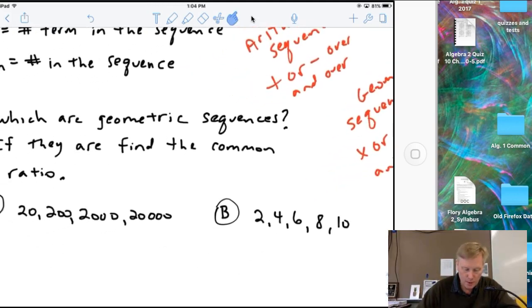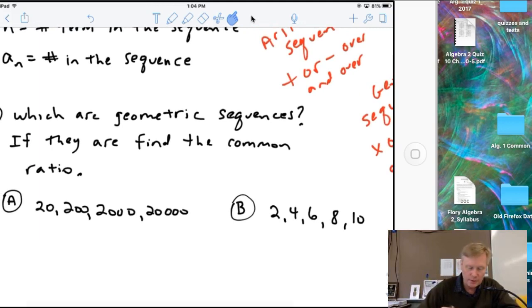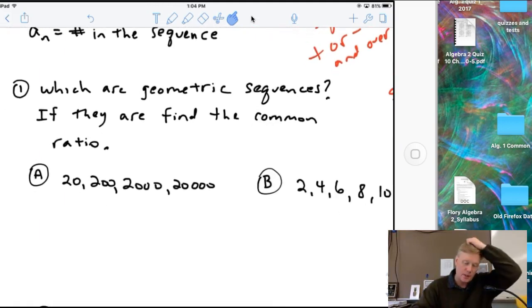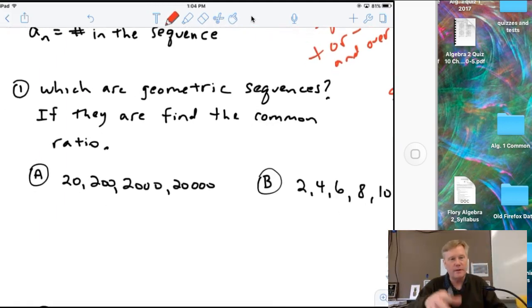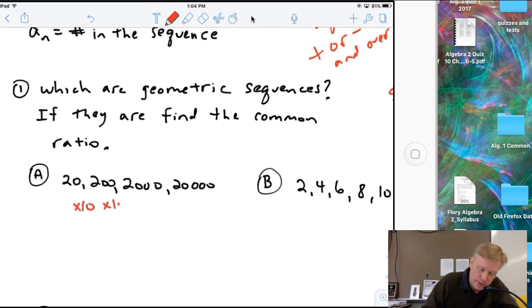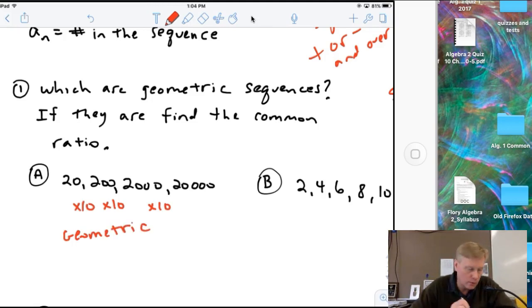Okay, so back to this. Which are geometric sequences? Find the common ratio. So, I have to find the pattern here. Now, to go from 20 to 200, to go from 200 to 2,000, to go from 2,000 to 20,000, you'd figure out sooner or later that I'm multiplying by 10 each time. Okay, so since it's multiplying, it is geometric because you're multiplying or dividing over and over again. And the common ratio,